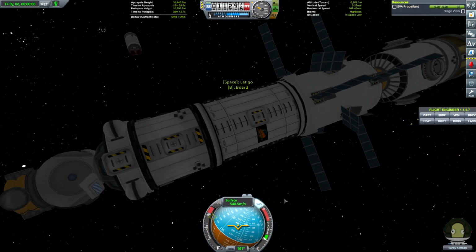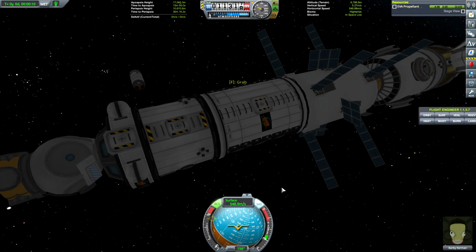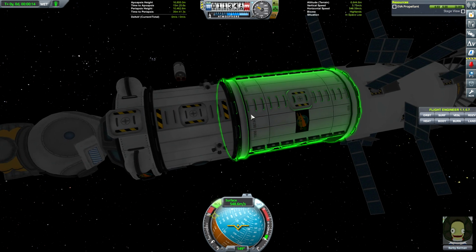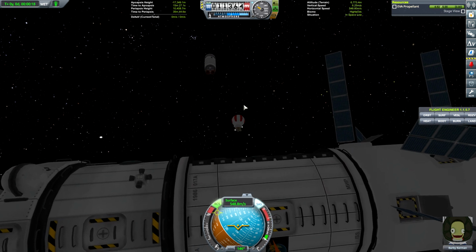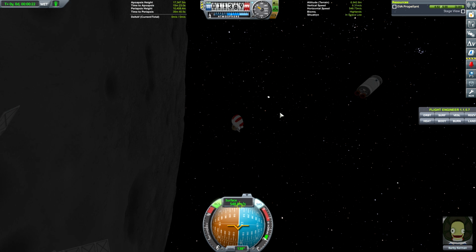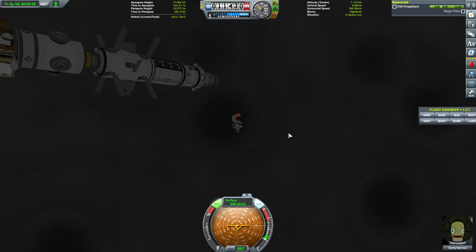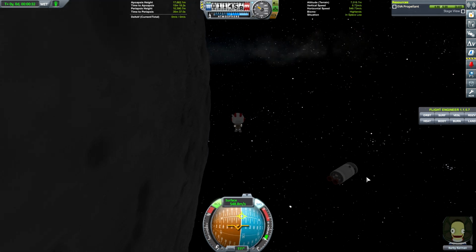Alright. That's the one right there. So let's get off the station. Let's go towards the space junk. This is dangerous. I'm going to go ahead and save it. This is a dangerous proposition. We're going to trot on over here. We're going to try to push the space junk